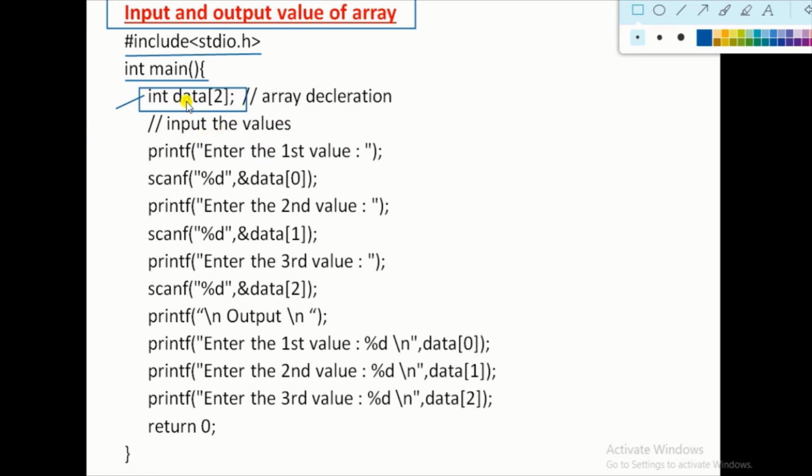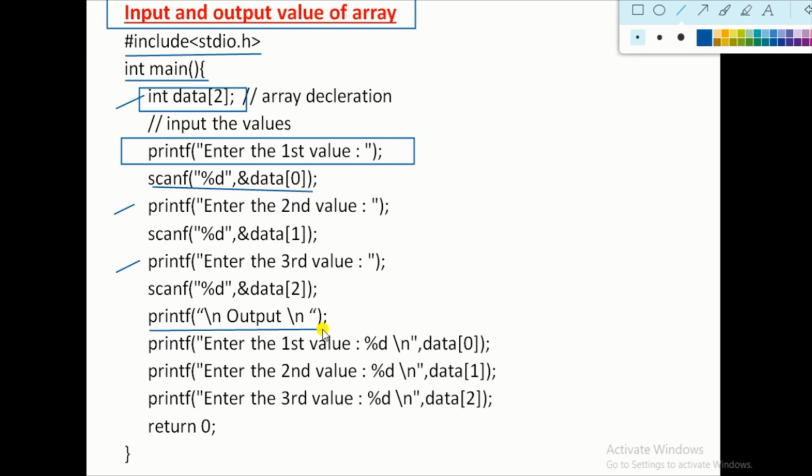We write one message, printf enter the first value, and then we take the value from the user. In a similar way we take the value from the user 3 times, and then we print one message.